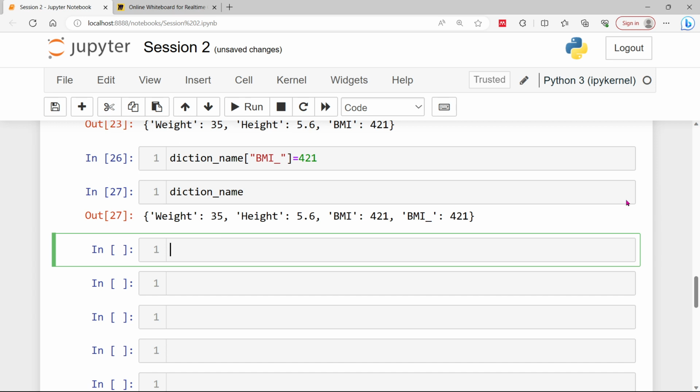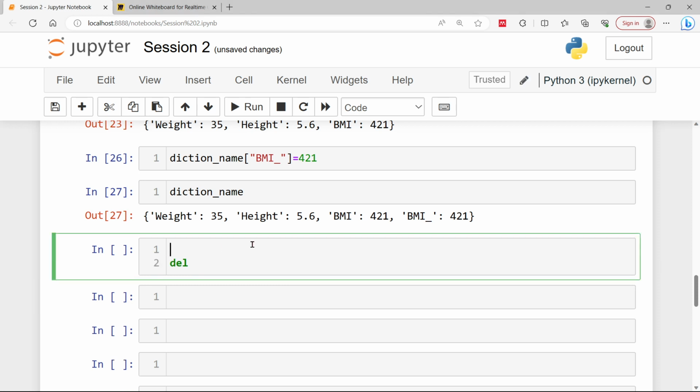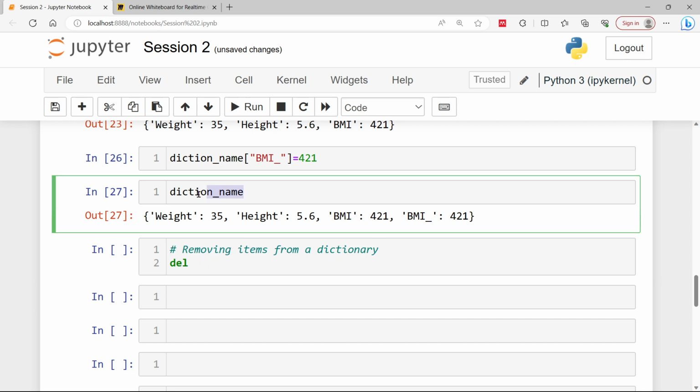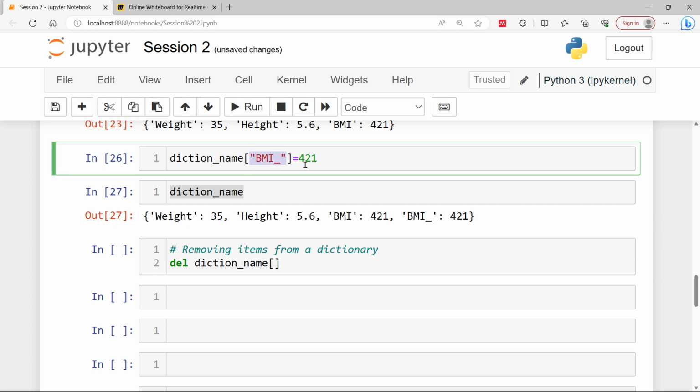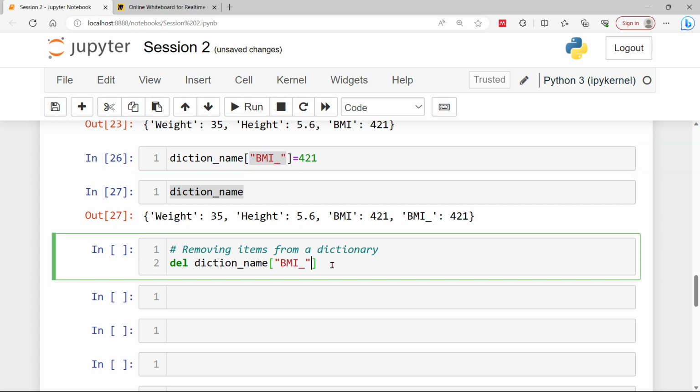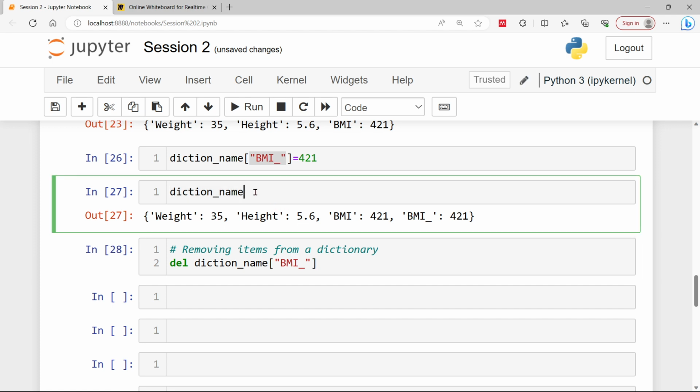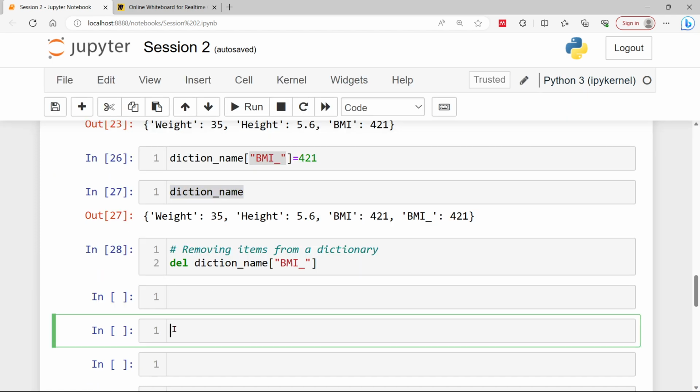To go, then we will be covering more topics here, right? So what are the methods when we want to remove items from the dictionary? For this we have DEL. So DEL, removing items from dictionary, and from the dictionary name I am going to remove any, let's say this BMI, and I'm going to add this one. Hit run, and if you display the element for this one,